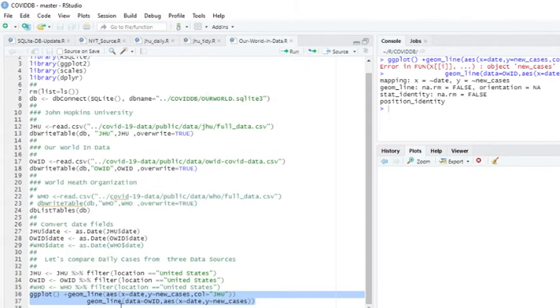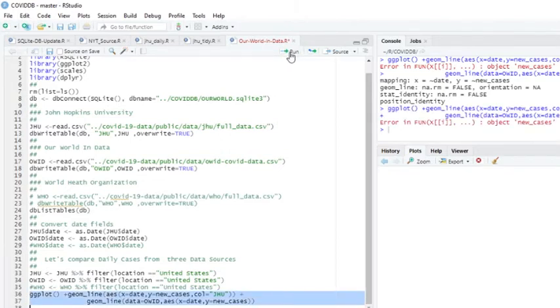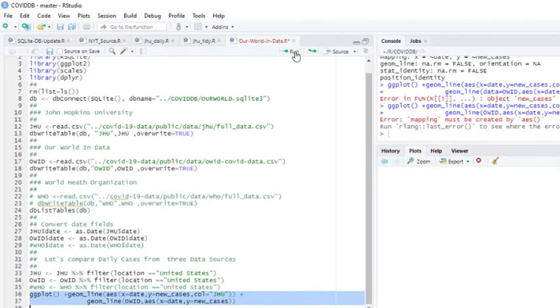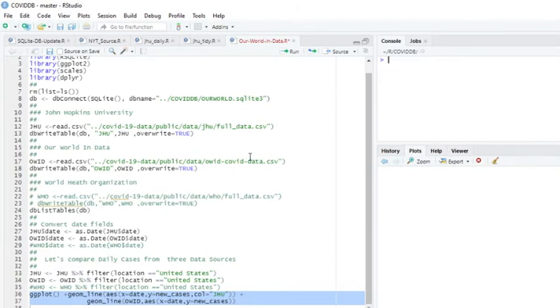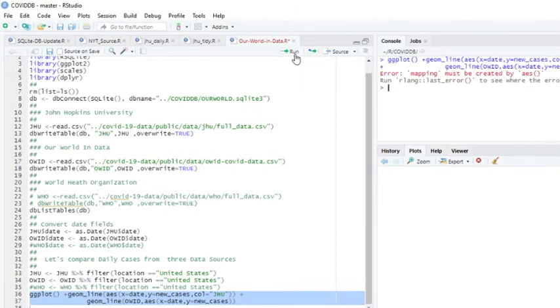Okay, that's just for right now. The first problem is we weren't. Okay, that's just since we only got two sources.